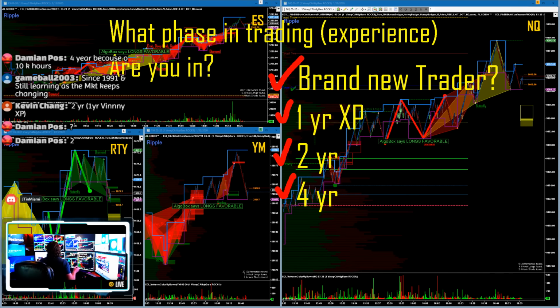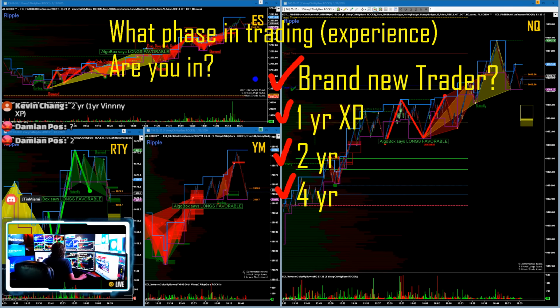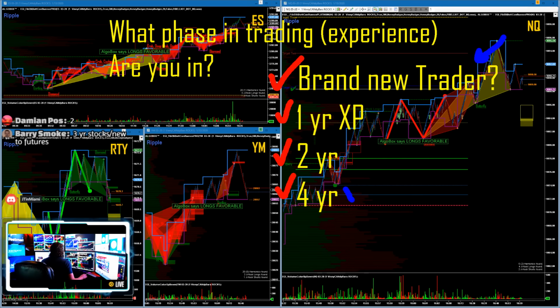Yeah, if you guys want to type in the number of years of experience that you have, just kind of gauging this, and then you see if you agree with me on some of this or not, and I'll explain myself further if you disagree on some of these things. But I believe that a brand new trader should definitely not be risking as much as somebody who's got 4 years of experience in the market. Would you guys agree with that?